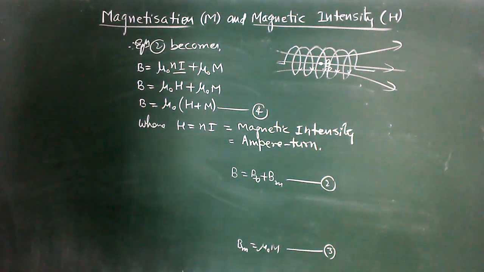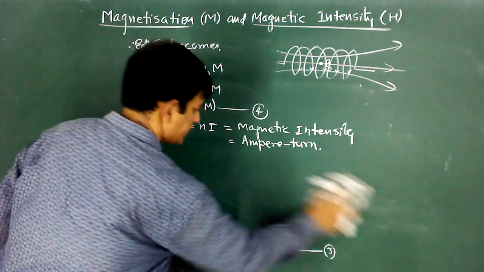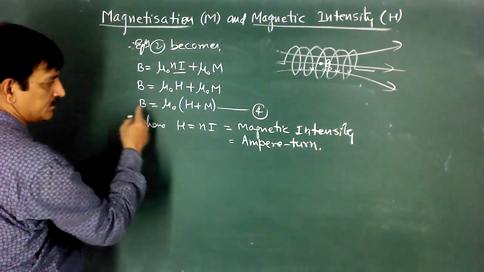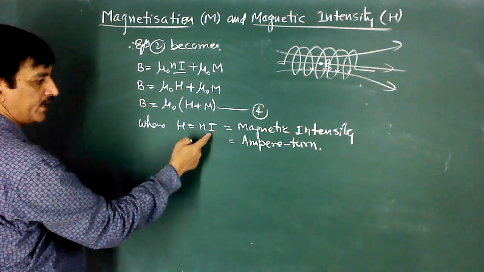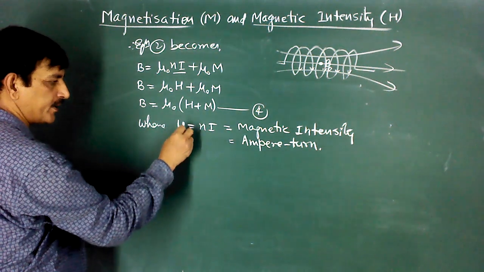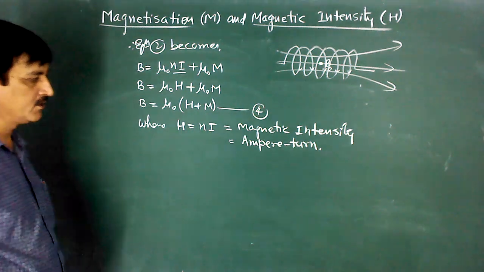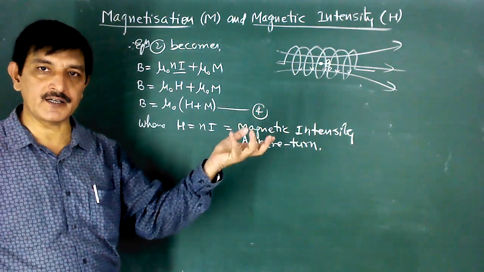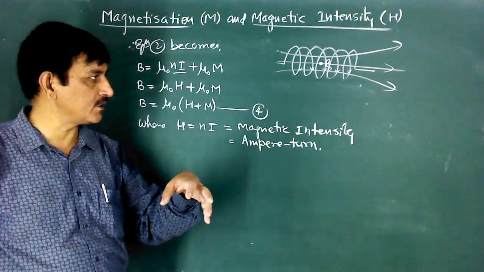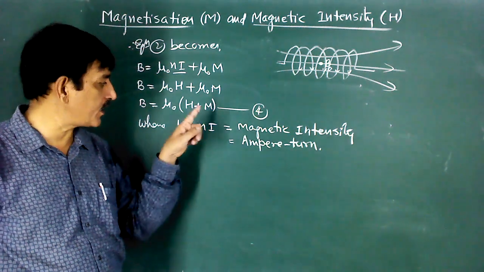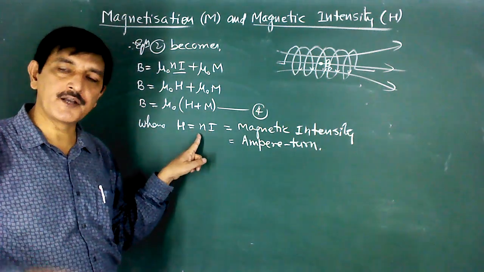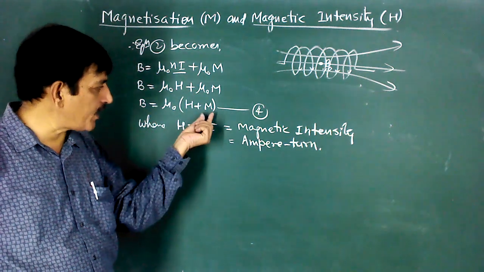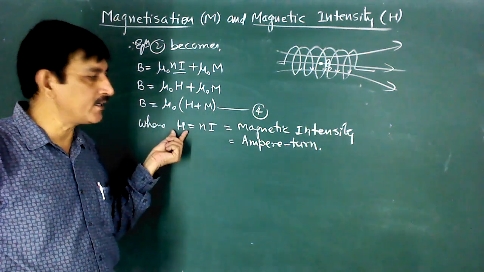This is ampere turn. So now you see, here we have this relation, since H is equal to Ni. So definitely H depends on current and number of turns in the solenoid. So when the core is inserted, the core gets magnetized, and the cause of magnetization is the electric current and the number of turns per unit length of the solenoid. That is, this magnetization depends on magnetic intensity.